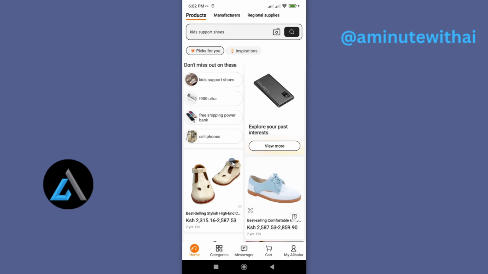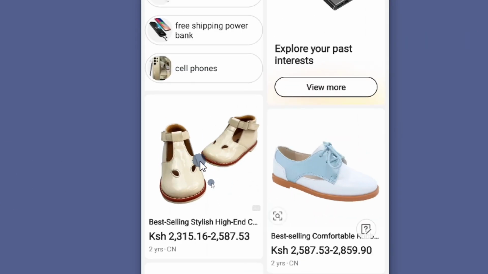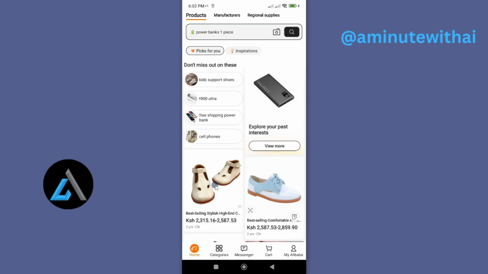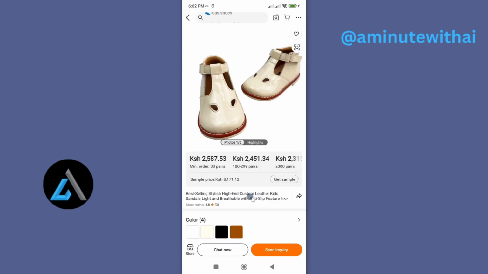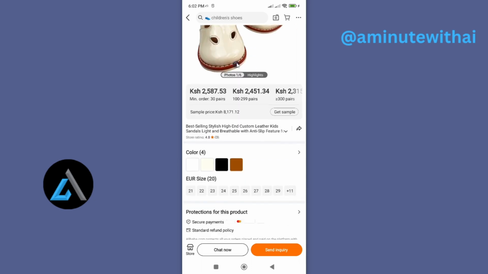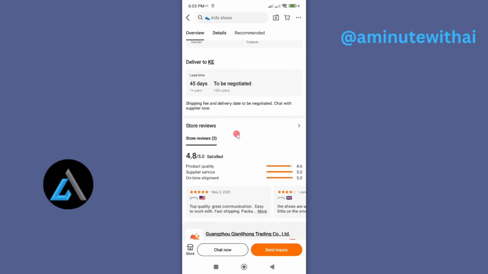So when you are making any purchases, sometimes you'll want to see who the supplier or manufacturer of the product is before you purchase it. For instance, we want to place an order for this best-selling stylish high-end shoes, a custom leather kid sandals. But I'd like to find out who the manufacturer for these shoes is, or whom am I buying from. To find the manufacturer or the seller, scroll down to the end, and just below